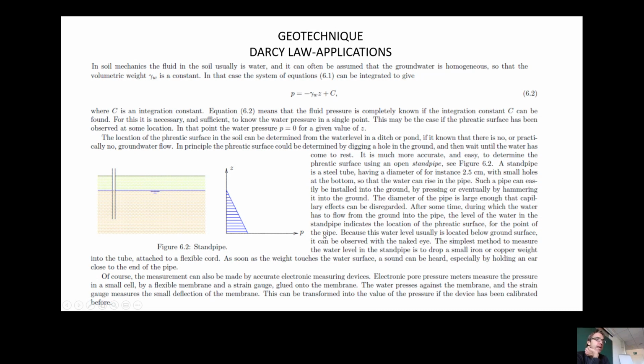So it is, of course, a simple method to measure the water level of a soil, but still one of the most important methods that is very simple but generally used. For example, when you have a slope or heavy rains, this is a way to consider and to calculate the water surface. Of course, there are also measurements that can be more accurate with electronic measuring devices that measure the pressure in a small cell by a flexible membrane and a strained gas